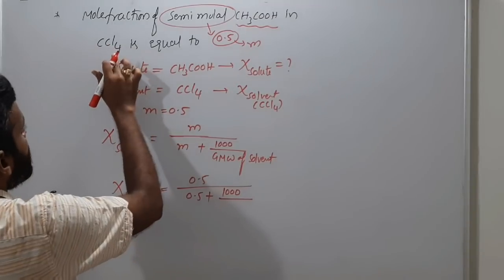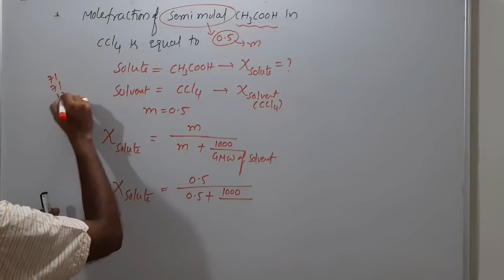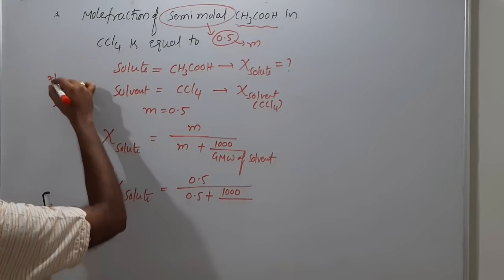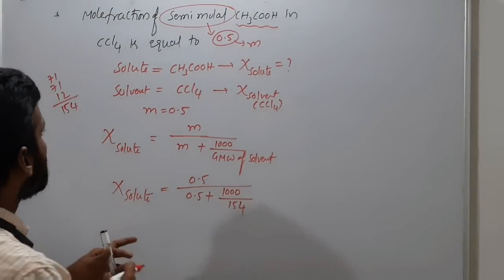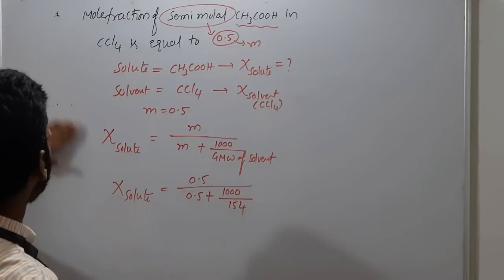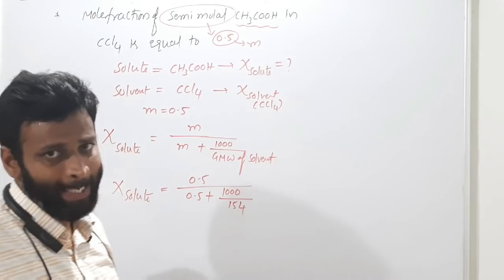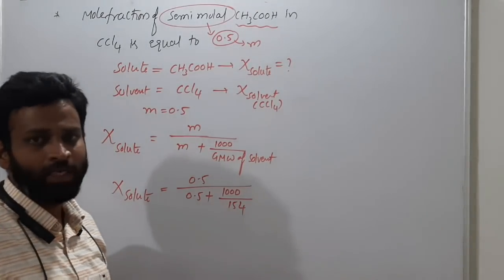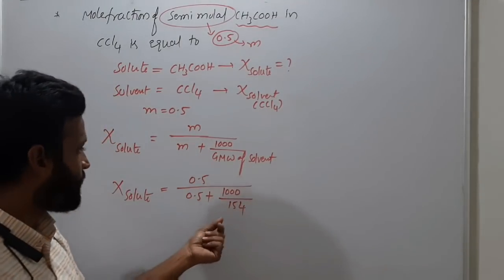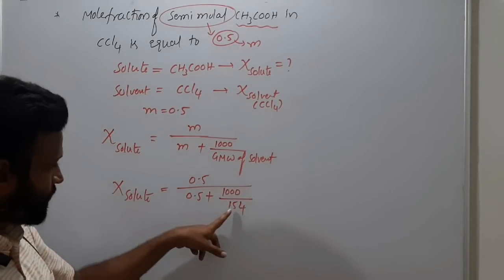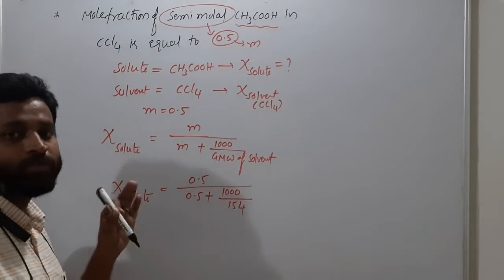How much, sir? 4 chlorines, 71 and 71, and 12. Carbon 12. So 154. Did you understand what I did? 2 chlorines 71, sir. 1 chlorine 35.5, sir. Chlorine atomic weight is 35.5. So 35.5 double is 71. 4 chlorines you have, so 71 into 2. Otherwise you can do it like that. Okay. So carbon 12, so 154. So if you simplify, then you will get the mole fraction of solute.